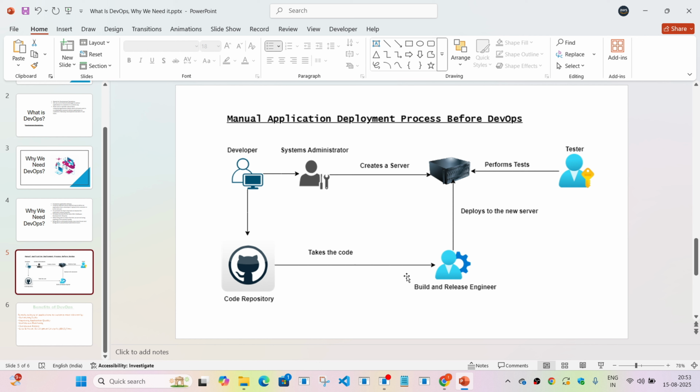And if there are any errors in the pipeline, only in those cases they have to look into the issues. So it's going to save a lot of time and effort of all these people, and it's going to reduce the time, and it's going to increase the quality of the product also, because when you have these processes automated, it's going to result in a smaller number of errors also. So this is how the DevOps approach is going to help us by building a pipeline where you can automate all these different stages, and you can still deploy the code to all the environments. So all these things can be automated in today's world.